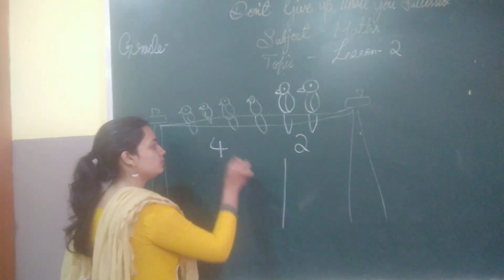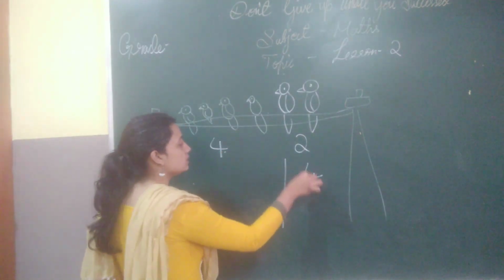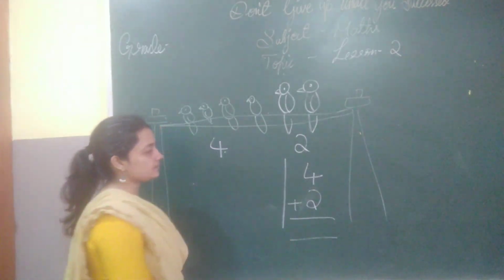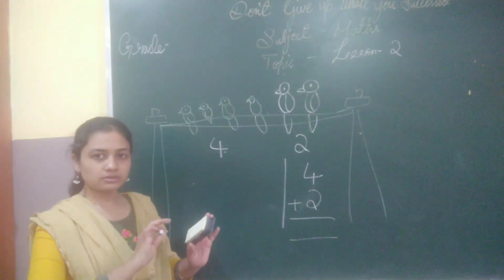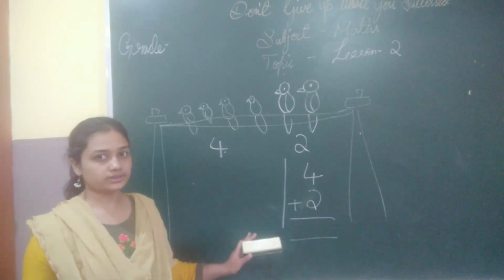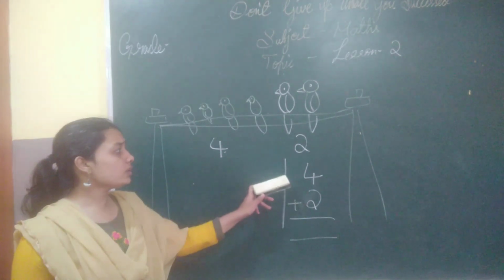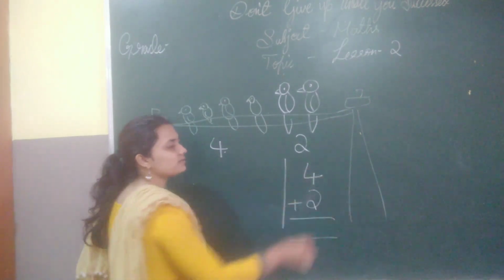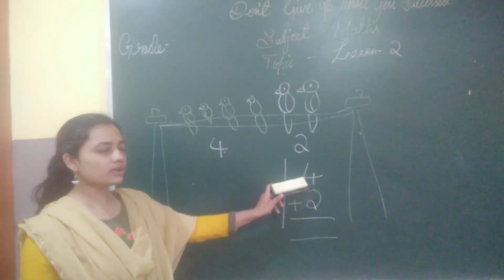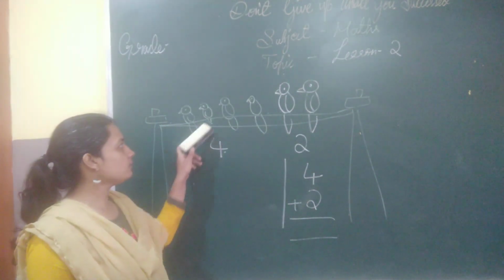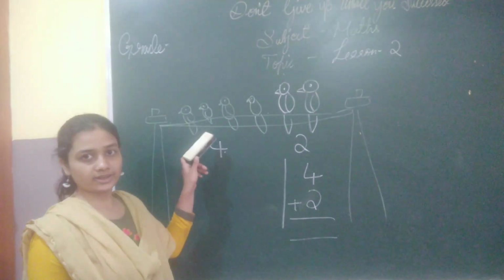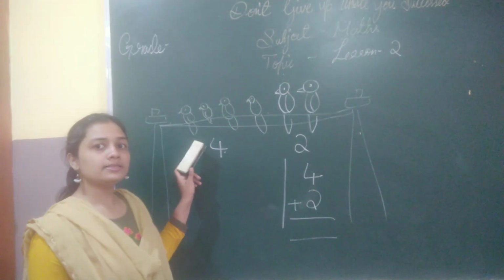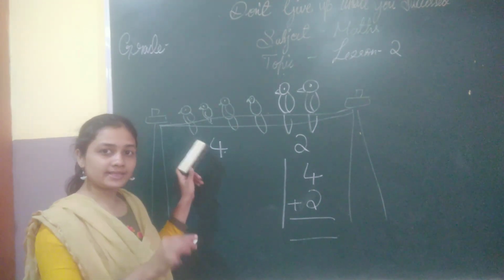Children, first you are going to write 4 and then you are going to write 2. Add them to get my answer. You don't have any confusion about this. But what to write as the statement here? For that, children, just see what the 4 is. What is 4 representing here? This is the number of birds which already were there, right? Before, the birds were sitting there. 4 is the number of birds already sitting there.